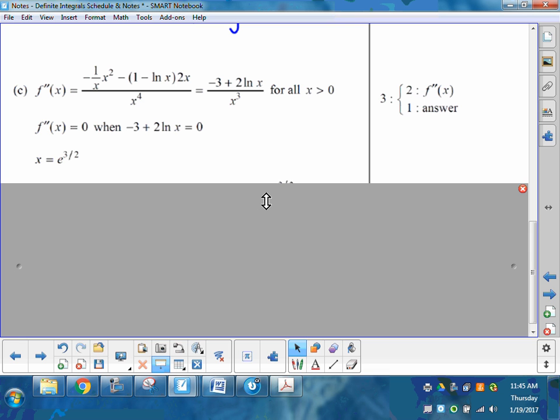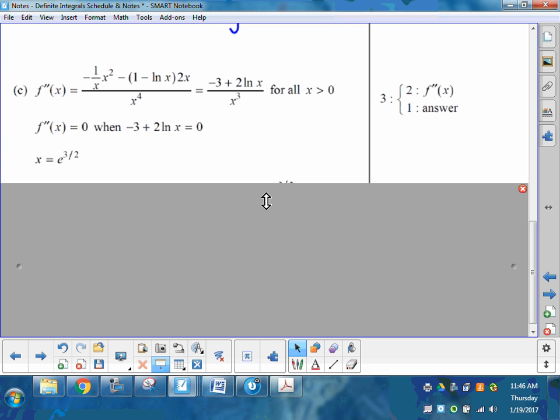You can do concave up, concave down. If you only get to that point, in my opinion, and they were very lenient on this, it's only a candidate for a critical value. It doesn't become a critical value until you've demonstrated that there's a sign change. And then my explanation for it would be,